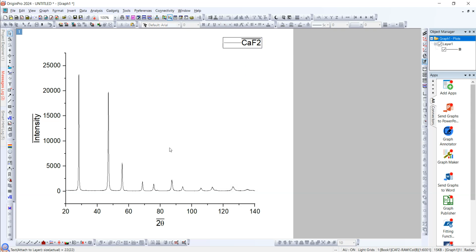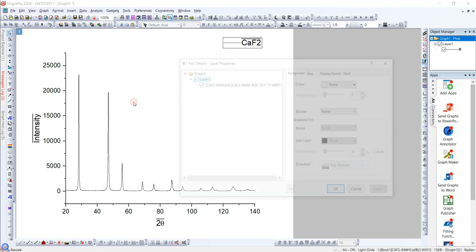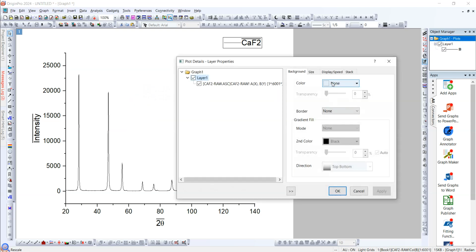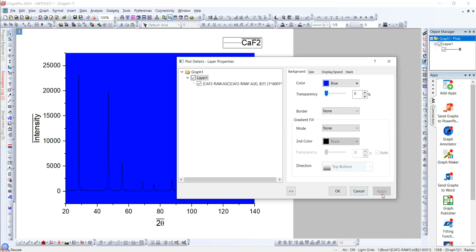I can also change the appearance of the XRD pattern by clicking on the XRD pattern, and as you can see, you can change the color. For example, you change it into blue, and when I apply the change,